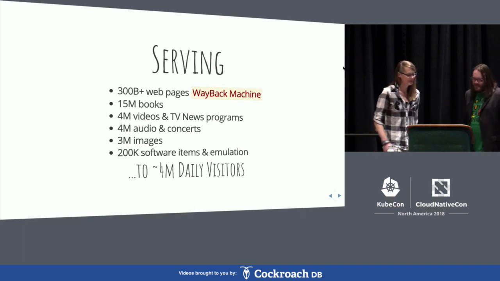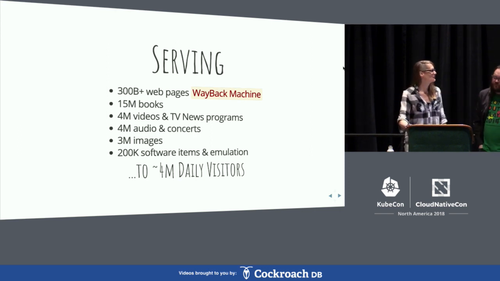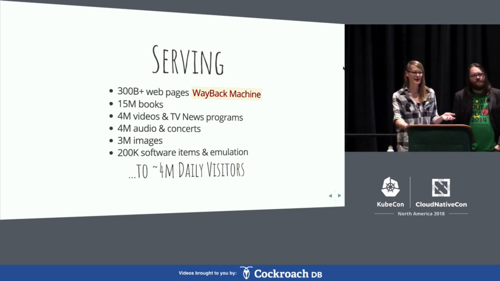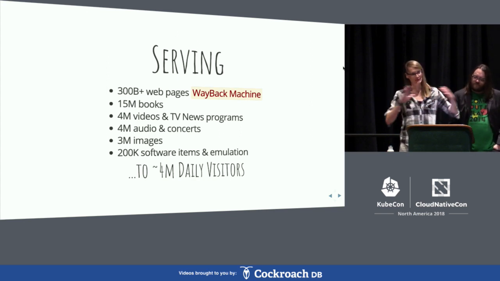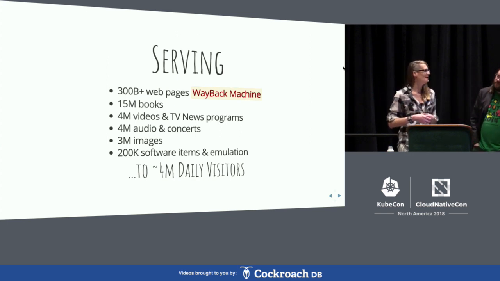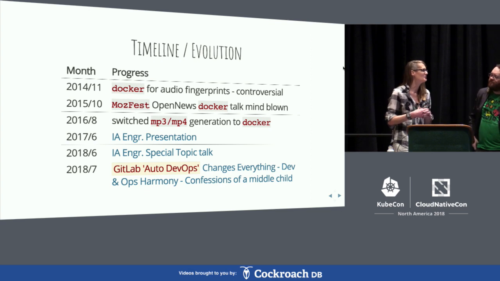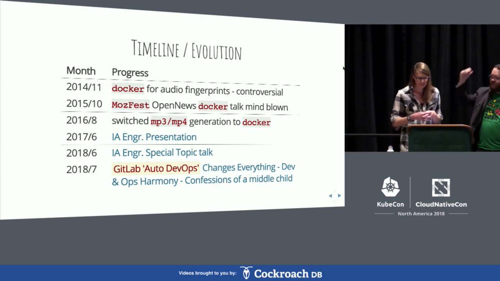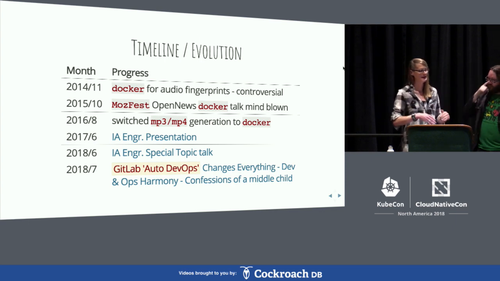So Tracey? Yeah, so we have all this content that we sort of mentioned and showed some samples, and we have all these people coming to visit us. So we've got a huge amount of content, diversity of bringing it in, diversity of serving it out. And what we wanted to do was explore how Docker and Kubernetes could help us modernize our own on-premise cluster, hardware all the way down, network, dark fiber, that's us.